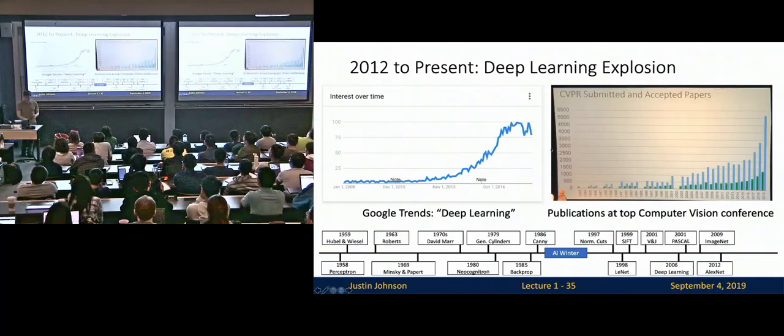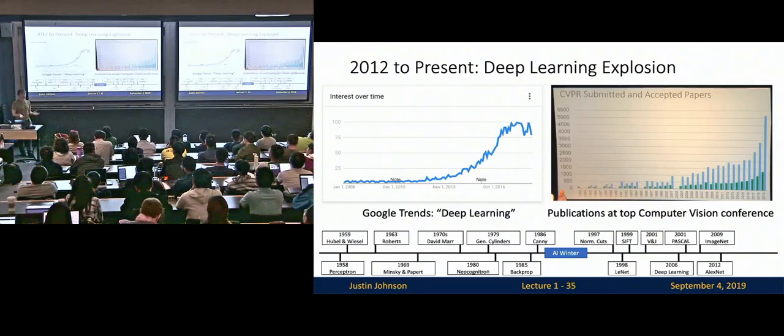And here is a graph that they were showing at the keynote for that conference, where they showed on the x-axis the year of the conference, and on the y-axis the number of submitted and accepted papers in this conference. So you can see that the last 5 to 10 years have resulted in this massive explosion of machine learning systems, both in popular perception as measured by Google Trends, as well as a massive increase in academic interest into both machine learning systems and computer vision systems, as evidenced by this plot on the